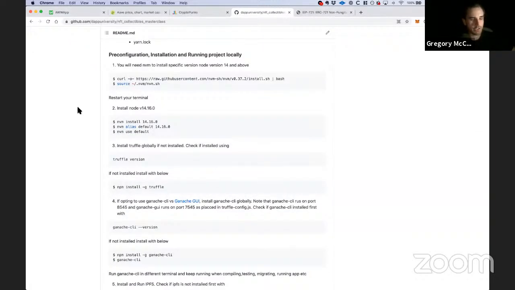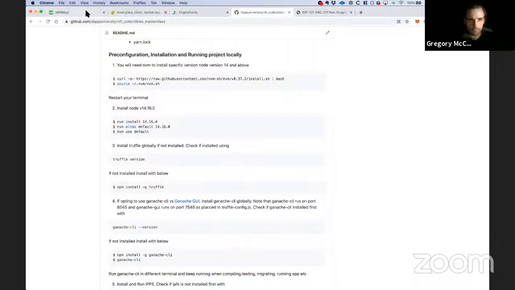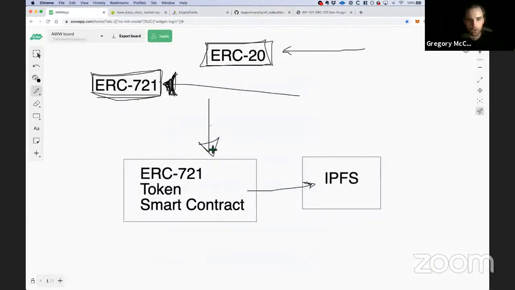Okay, the next dependency that you need installed is the Truffle framework. So let's see what Truffle is. Truffle is a smart contract development framework. Again, smart contracts are going to be the core of how our token works tonight. Basically, we're going to have a smart contract written in Solidity, the programming language for writing Ethereum smart contracts, for